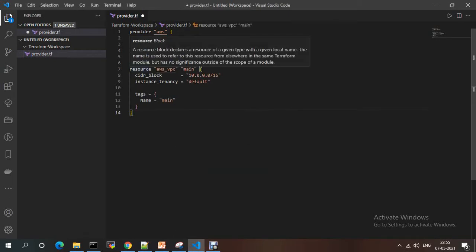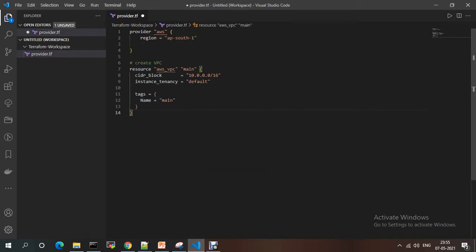See, this is the resource, and this is aws_vpc. Suppose it is S3, you just need to give S3. This is the resource type. This is the name of the resource, the logical name, main. This is the reference of this resource type. These are the attributes, and these are the attribute values.